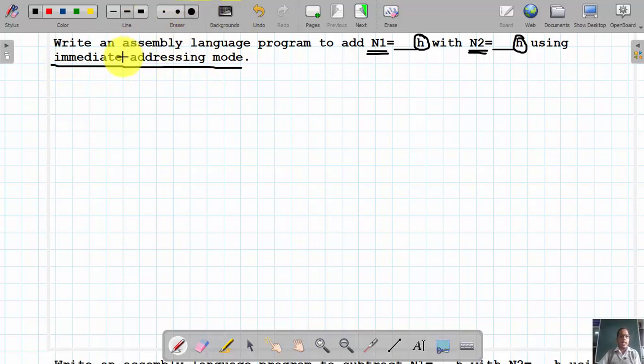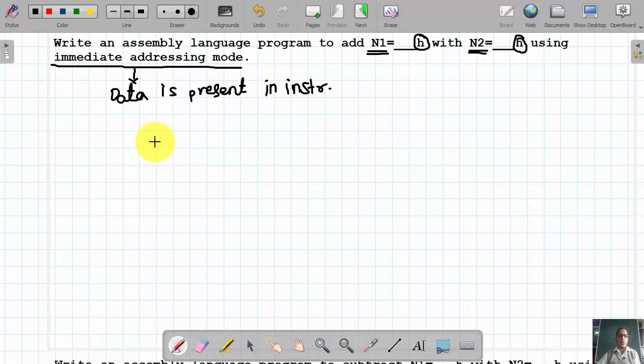As we know, the immediate addressing mode is one in which the data which is to be processed is present within an instruction, or it is mentioned along with the instruction.